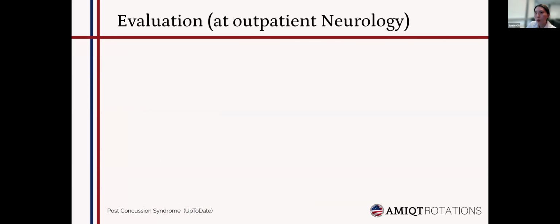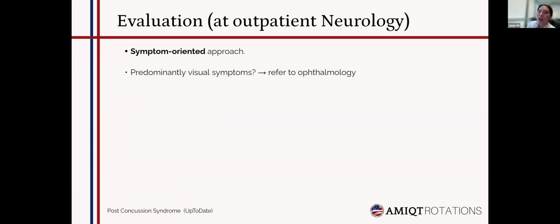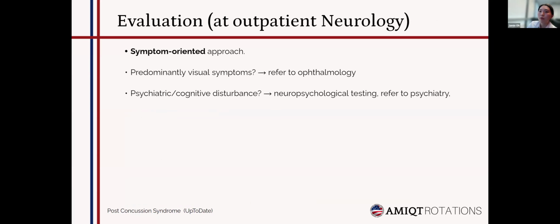When someone presents with a mild traumatic brain injury, how do we approach them at the outpatient neurology clinic setting? The key principle is to adopt a symptom-oriented approach, i.e., you focus on the symptoms that the patient is complaining of. If the patient presents with predominantly visual symptoms, then you would refer them to ophthalmology for evaluation. If they present predominantly with psychiatric symptoms, cognitive disturbance, you would consider doing neuropsychological testing or referring to psychiatry for